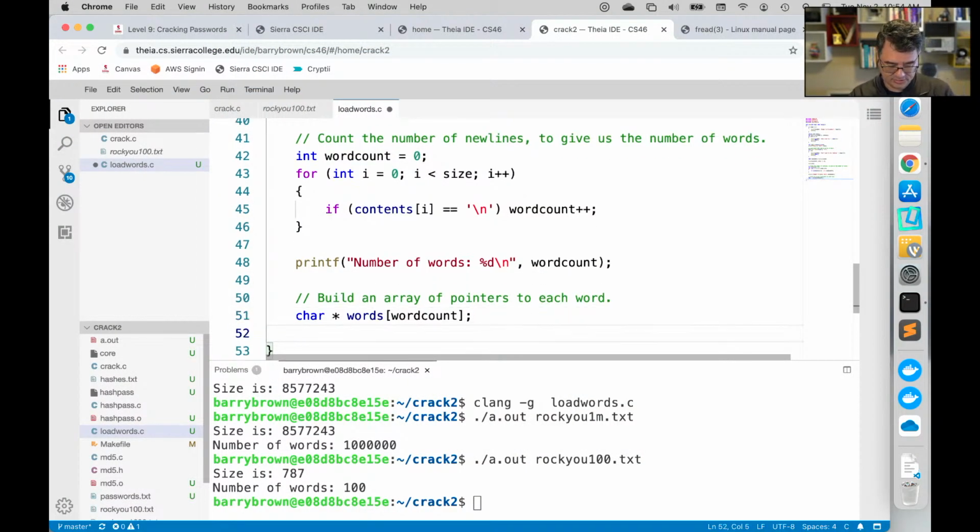All right, so let's build this. We go char star star words equals malloc word count times size of character pointer.